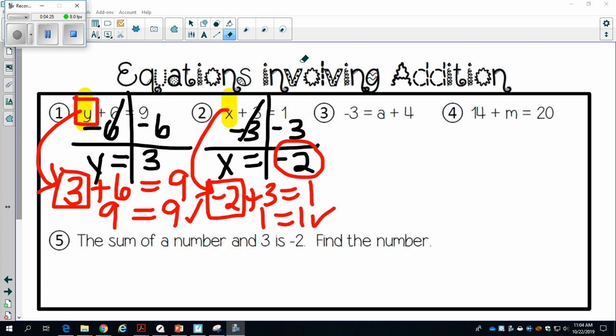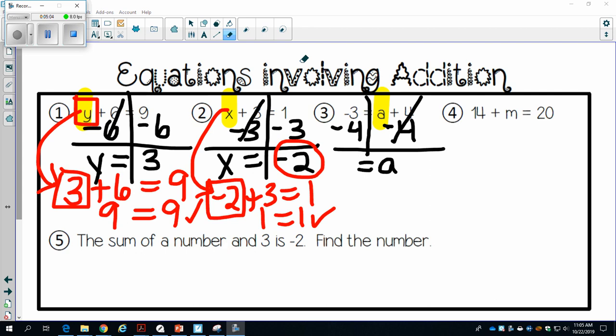Okay, you're also going to have equations where the variable is on the other side. And that is doable. So we're going to take a look at number 3. I'm going to put a line down. And now you have the variable on the right. So we're trying to get a by itself. If you look on the right-hand side, you have positive 4. So I'm going to subtract 4 from both sides of the equation. When I do that, on the right, the positive 4 and negative 4 cancel out, just like we saw with our models. So I'm going to bring down a,